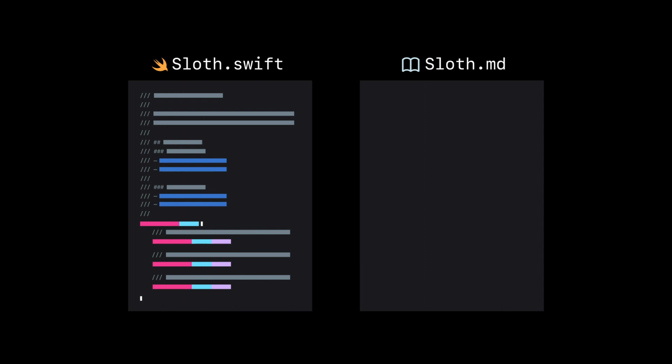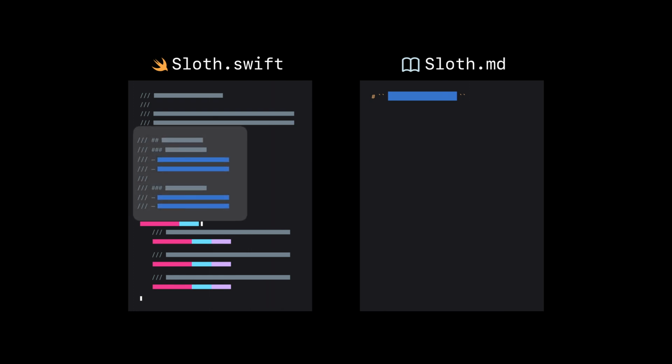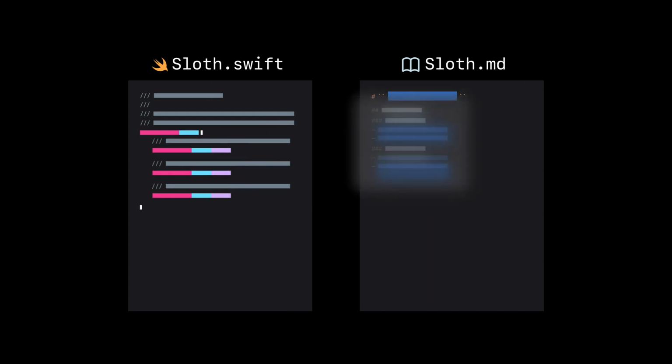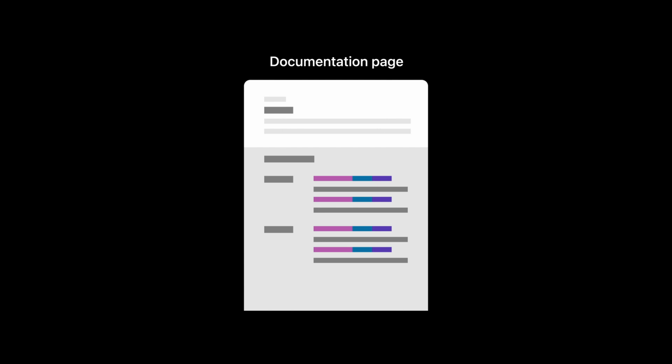First, I create a new Markdown file. I associate it with an API using link syntax in the title. Next, to improve the focus and clarity in my source code, I'll leave the primary content, like the summary and discussion, in the code, and extract the topic section. When Doxy builds, it merges each source comment and corresponding documentation extension into a single documentation page. With extensions, it's simple to write and review the documentation, improve the framework's generated interface, and provide a better documentation